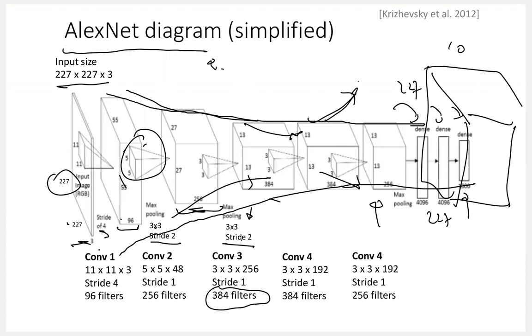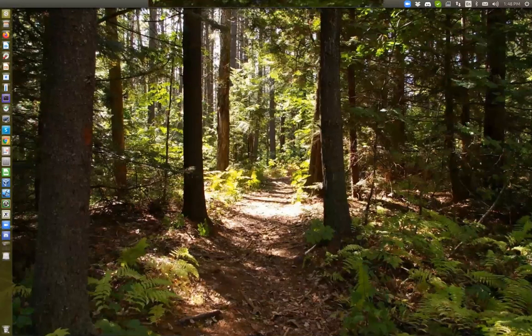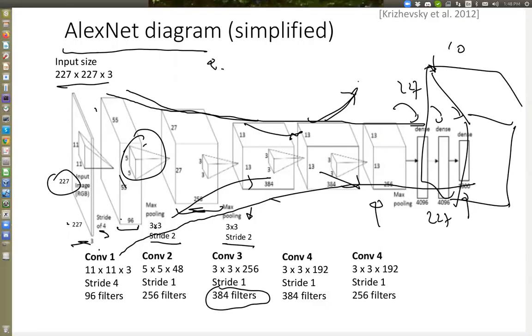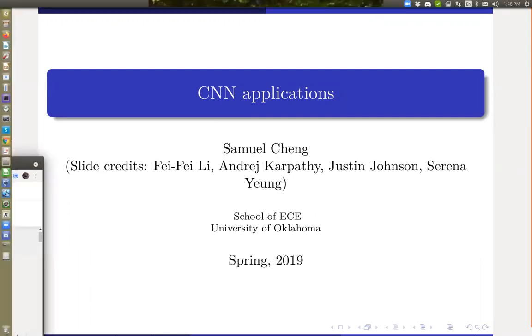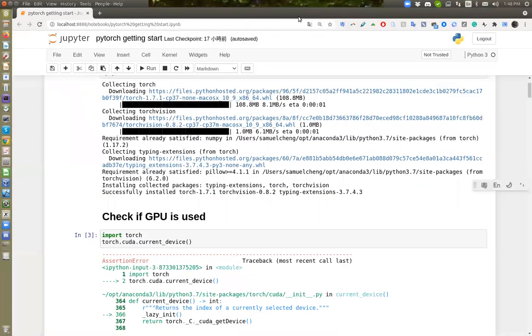So for many problems, if I have an output with the same dimension as the input, I will need upsampling besides downsampling. Okay, I will see if I have time to talk about that. If not, then if you're interested, you can ask me in the future, or you can take my other class, maybe next spring. But anyway,